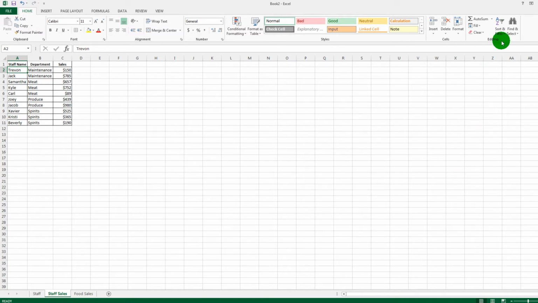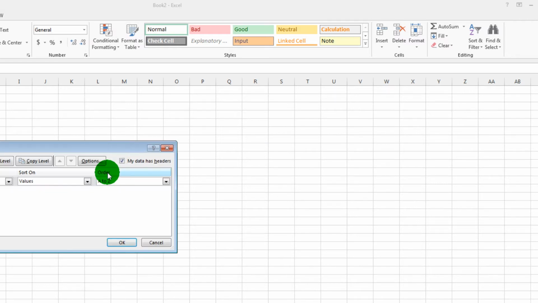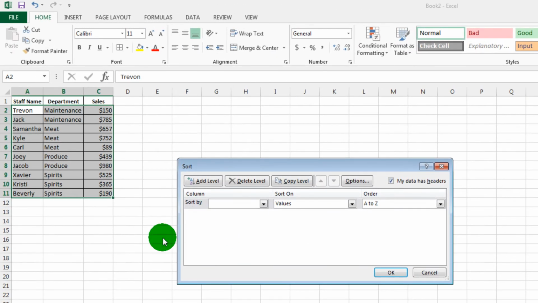To get more options when it comes to sorting and filtering than just A to Z or Z to A, high to low sorting, go into the Sort and Filter menu and then click on Custom Sort. A dialog box is going to come up with a ton more options for how you'd like your data sorted. First off, it has a column, so you can choose the column that you would like to sort your data on. In this case, we're going to sort on department, because we want to see who the top sellers within each department are. So we want to sort it on department